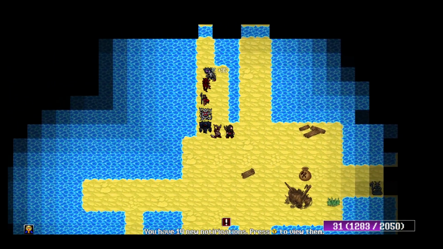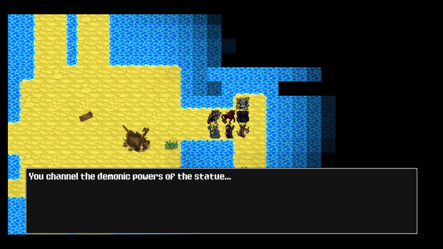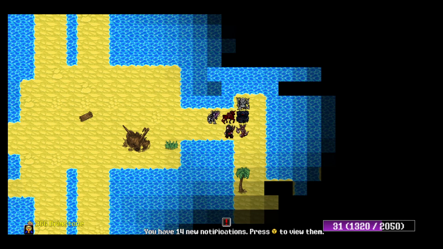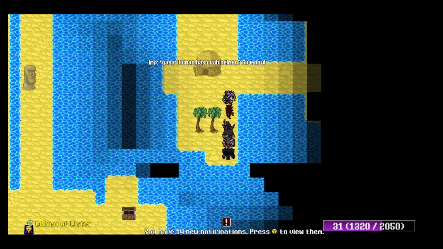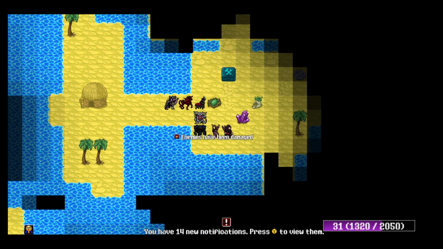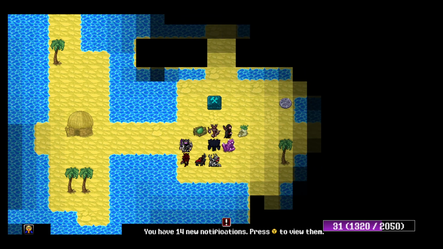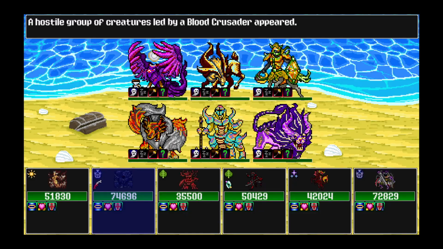Another Pandemonium statue. That's great. Let's interact with it straight away. It's made our enemies weak. Another hut. We'll give them the conch shell, which I believe they're using as helmets. Do this. Pick up another emblem. And one of our enemies...